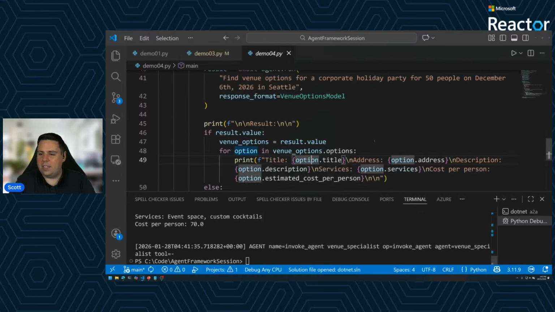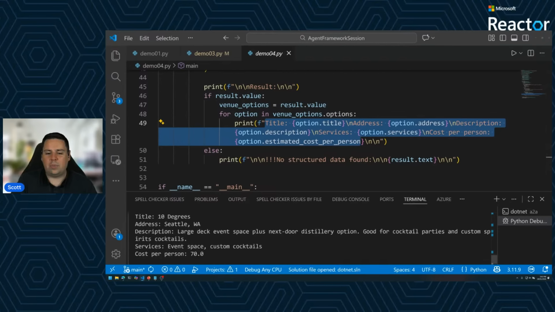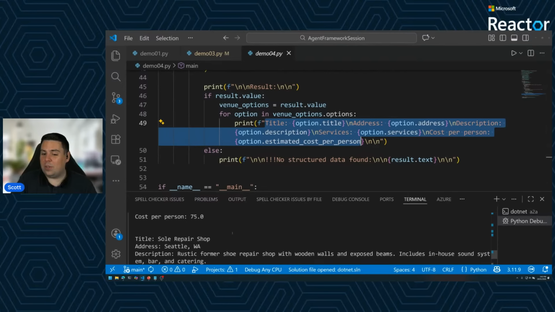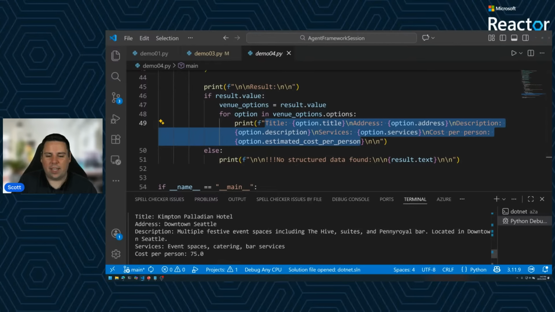Now, inside of here, I will call out that we can go through and actually look at our individual items. So I can see here, well, actually, if I scroll up to the top, because we missed something important, we had our agent and our tool do a web search. It went off, found the most relevant venues, but rather than coming back with that text that we saw before, we actually get back that structured output. So we've got our title, address, description, services that are offered, cost per person. Ideally, I'd actually probably have services as an enum or an array of well-known values. Like, there are a whole lot of options you can do here.